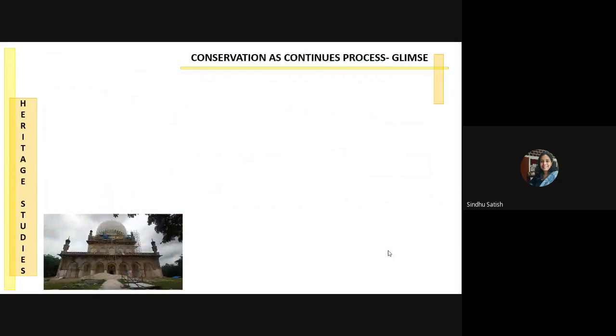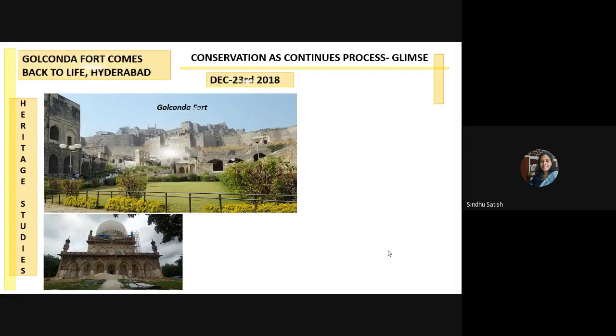So with that, we look at some more of conservation, heritage, and all of that. But here, the point that I would want to share with this particular example is that conservation is a continuous process. It is not like ASI does something today and the work is done. There are a lot of issues which keep coming up recurringly, and it's a continuous process that they have to do. The third stage, if we recollect, is the important stage where it is maintained for life. So that's where this example becomes more relevant.